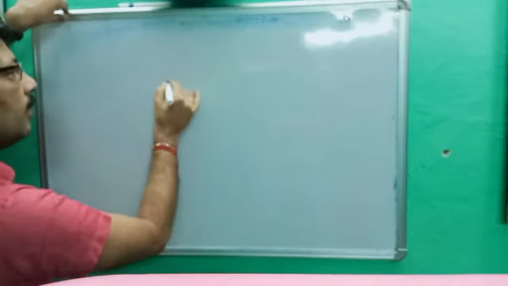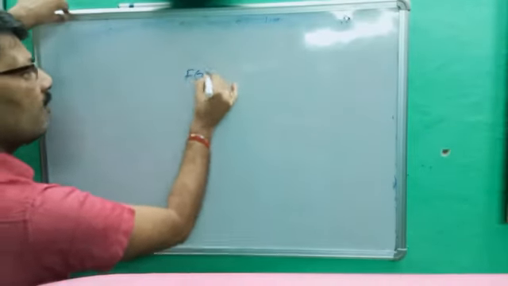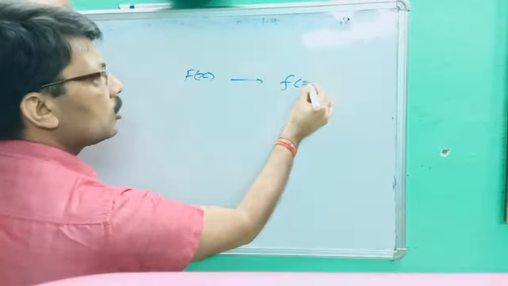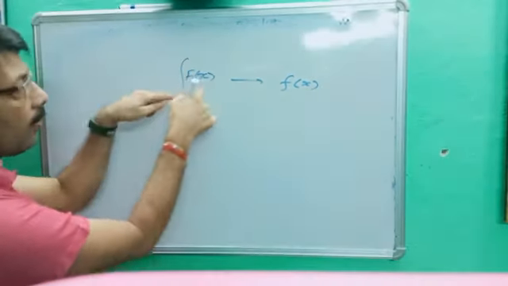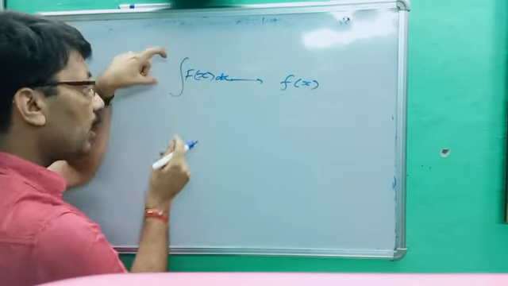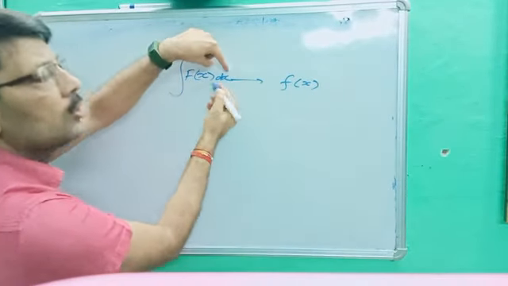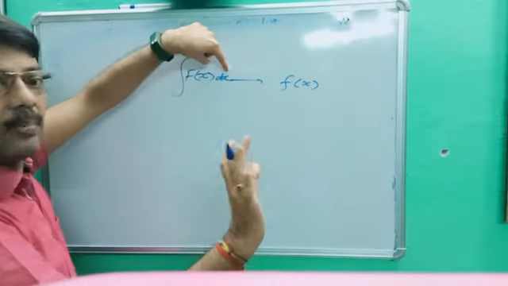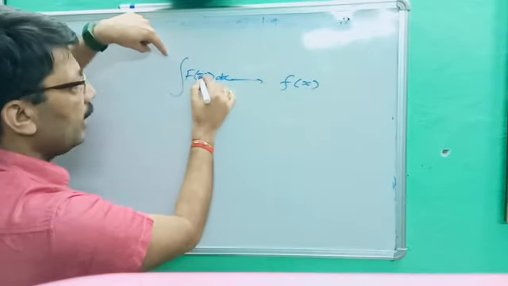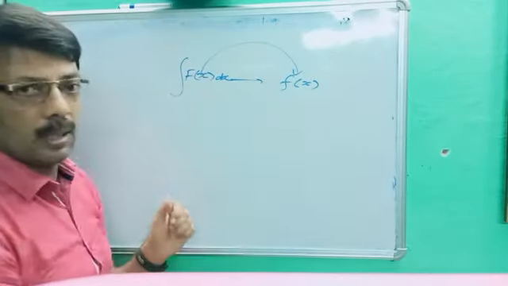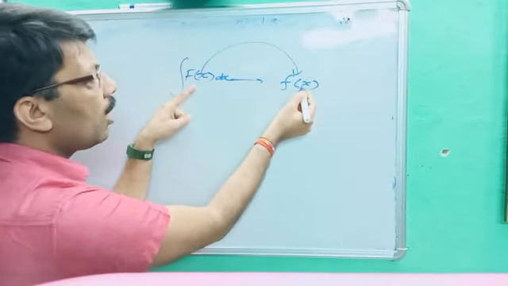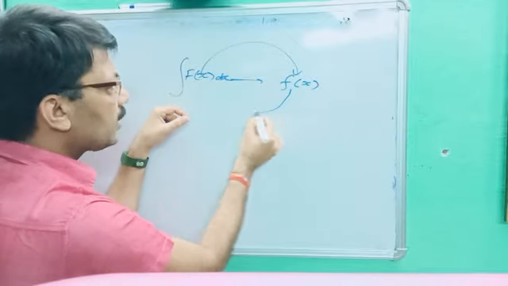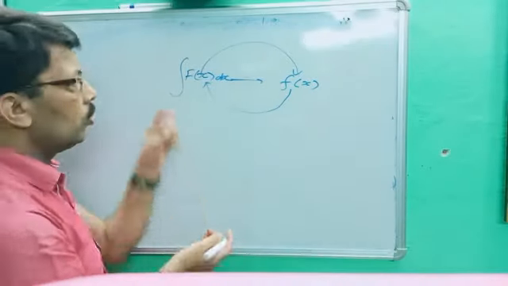Okay. Next formula is, let's suppose two functions are there. One is capital F(x) and another is small f(x). See the definition. If the integration of capital F(x) dx, keep in mind when this sign is there, there will be dx, d theta or dy, something will be there. If its integration is small f(x), then the differentiation of small f(x) will be capital F(x). So what is the definition?